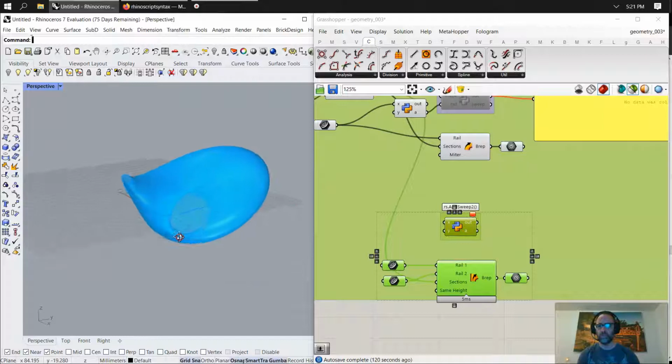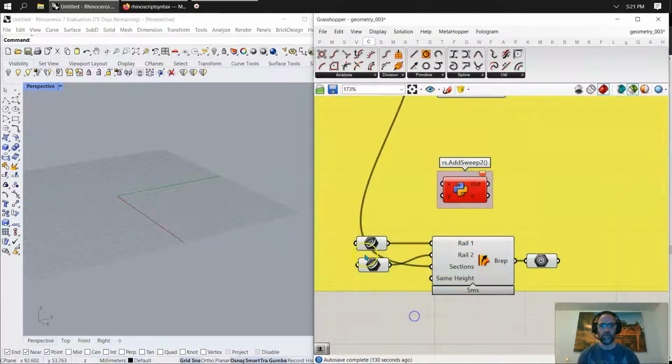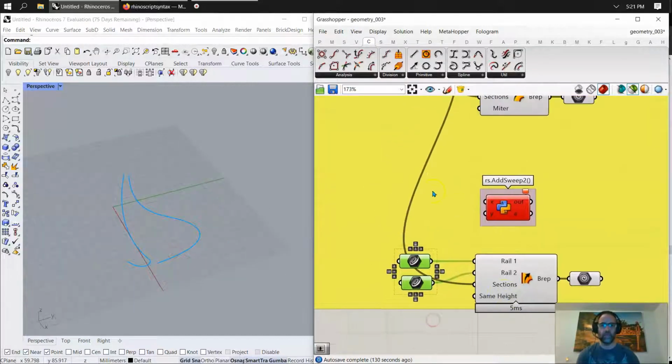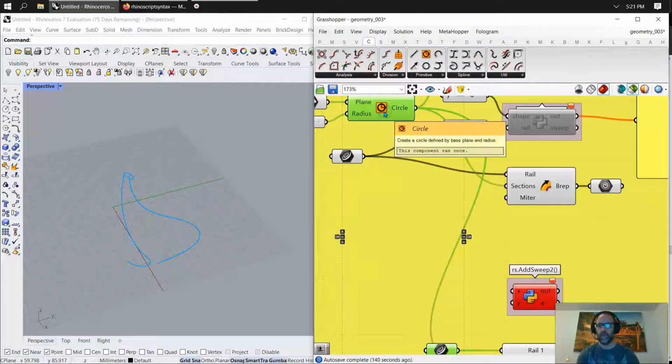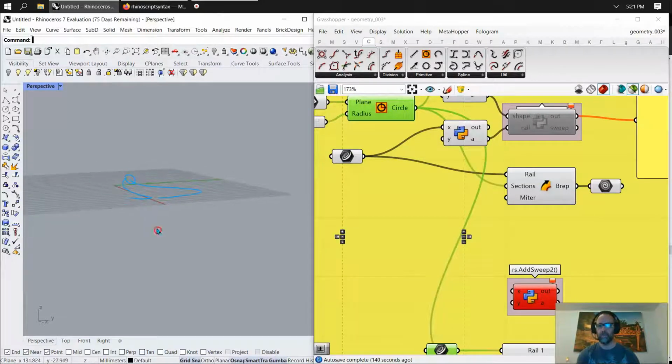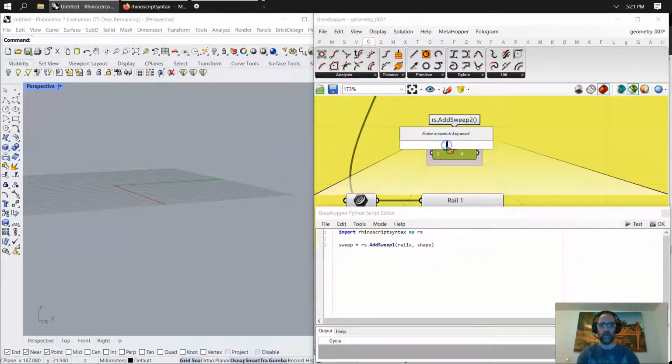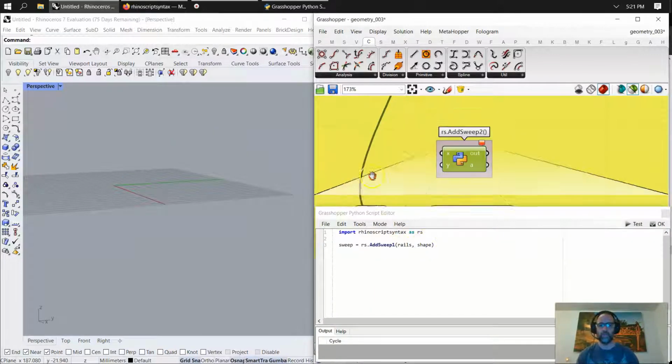And that makes for an interesting little curve that once again, it's working off of this curve and then the two rails. So two rails and then the same circle as a section going through it. And you can see that that one's going to sweep along those two, and it's going to behave just like working in Rhino. It's going to produce this. And once again, I could have gone in and started to write this again, but it's going to demand a